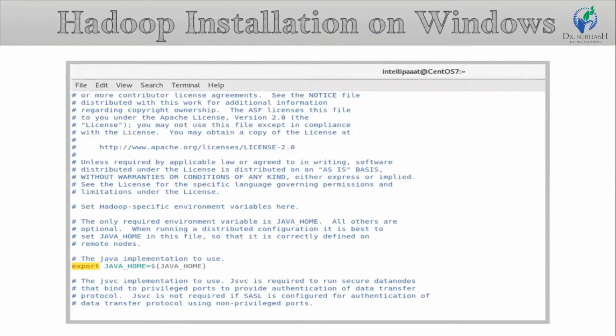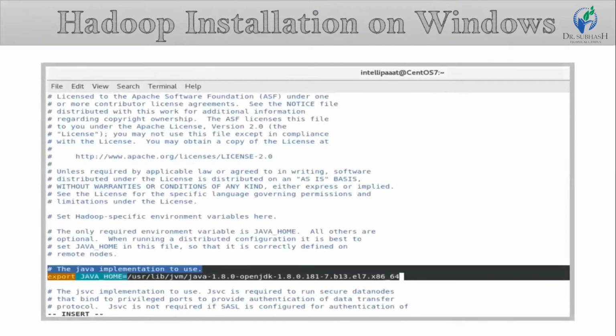You will see the image after selecting that path. Now, change the JAVA_HOME variable to the path you had copied in the previous step.